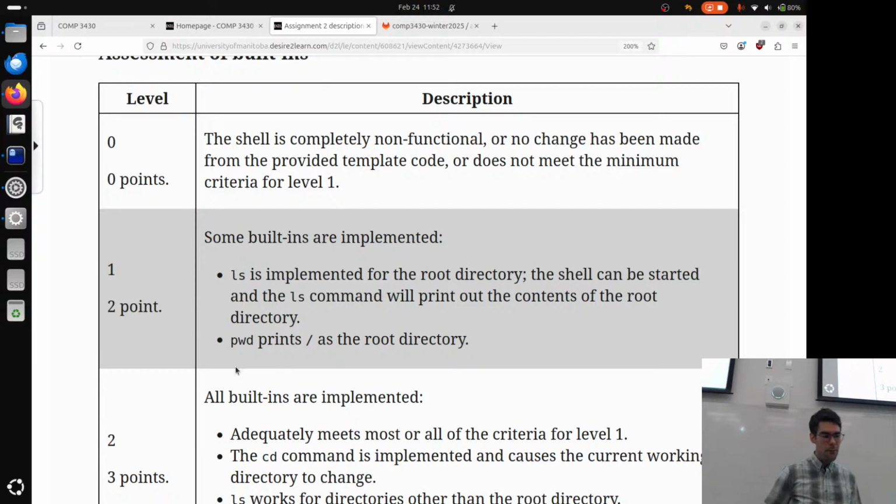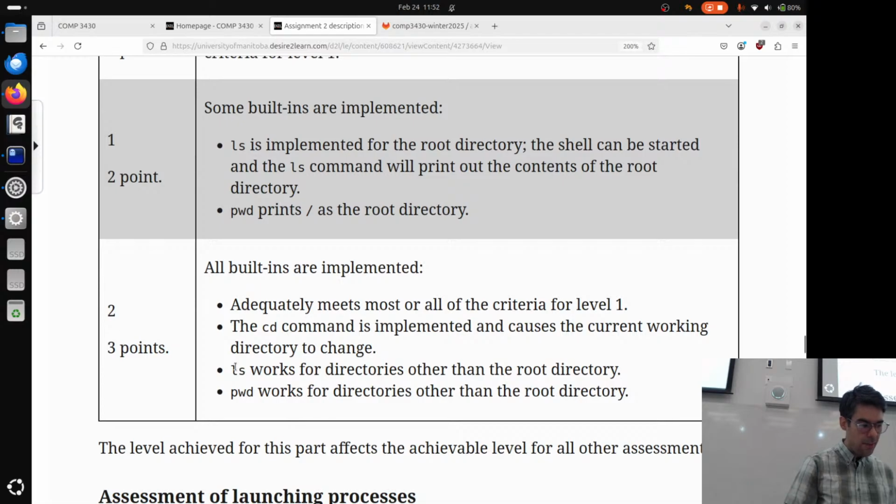For the built-ins themselves, there's not many points available because I'm basically giving you permission to just copy a bunch of my code, and that's not writing a lot of your own code. So I'll give you some credit for doing the work and getting things working here. It's just getting stuff set up and being able to change directories and list the contents of directories.